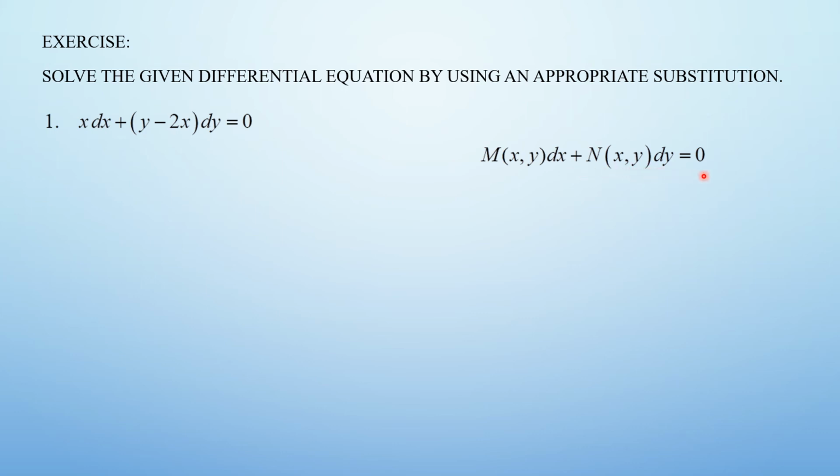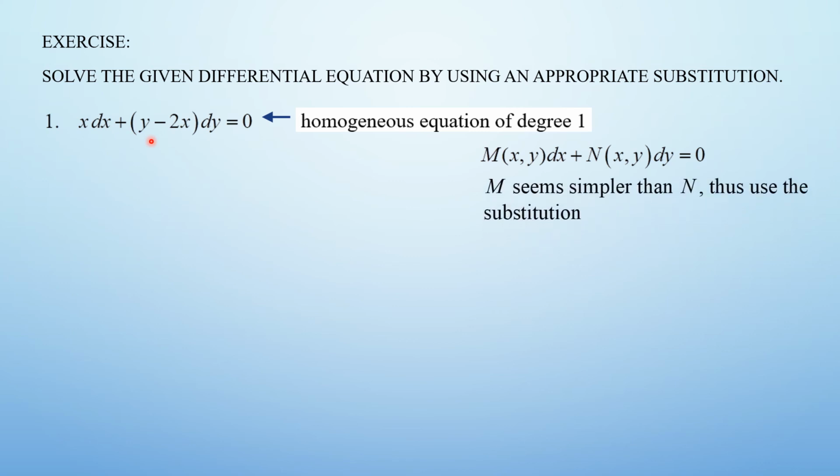Okay, now from our observation, we easily know that this is a homogeneous equation of degree 1 because both M and N are homogeneous functions of the same degree, which is 1. Now how do we solve this homogeneous differential equation? We are going to compare between M and N, and from our observation, it seems that M is simpler than